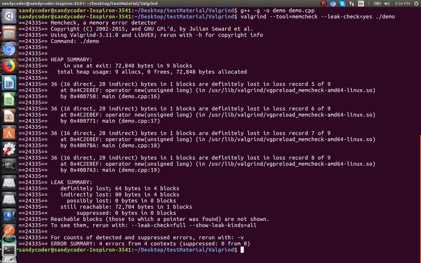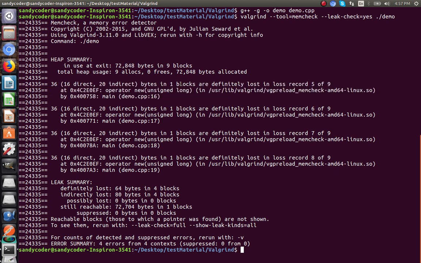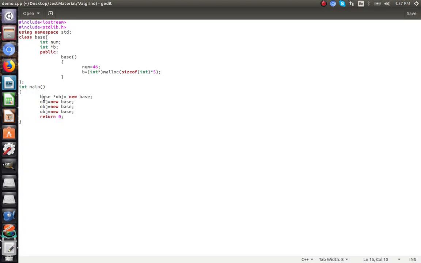See, we have 64 bytes in 4 blocks definitely lost, and 80 bytes in 4 blocks indirectly lost. So let's work with this first error, that is at line number 16. We have 1 block definitely lost in loss record 5 of 9. You don't need to understand everything. Let's just go here and you will see that you have a loss of some memory at line number 16. So this part,